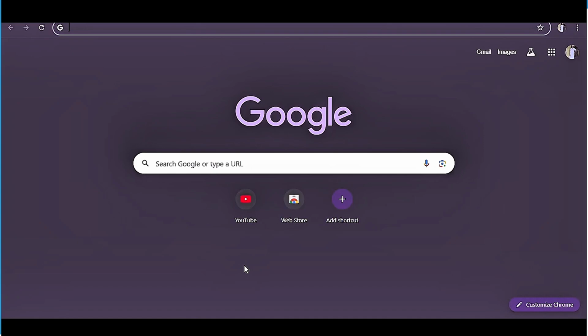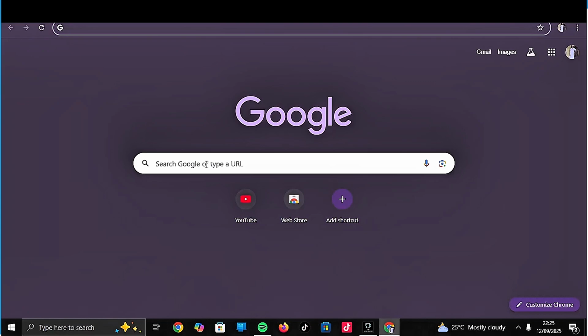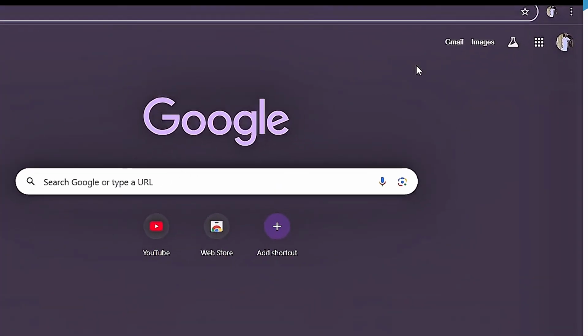So right here, the first step you need to take is to go to your browser on your PC, just like this. So right here on the screen is my browser, and this is my Chrome browser. In order for you to actually fix this error message, the first step you need to take right here is to go ahead and click on the three dots icon at the top right corner of your screen,